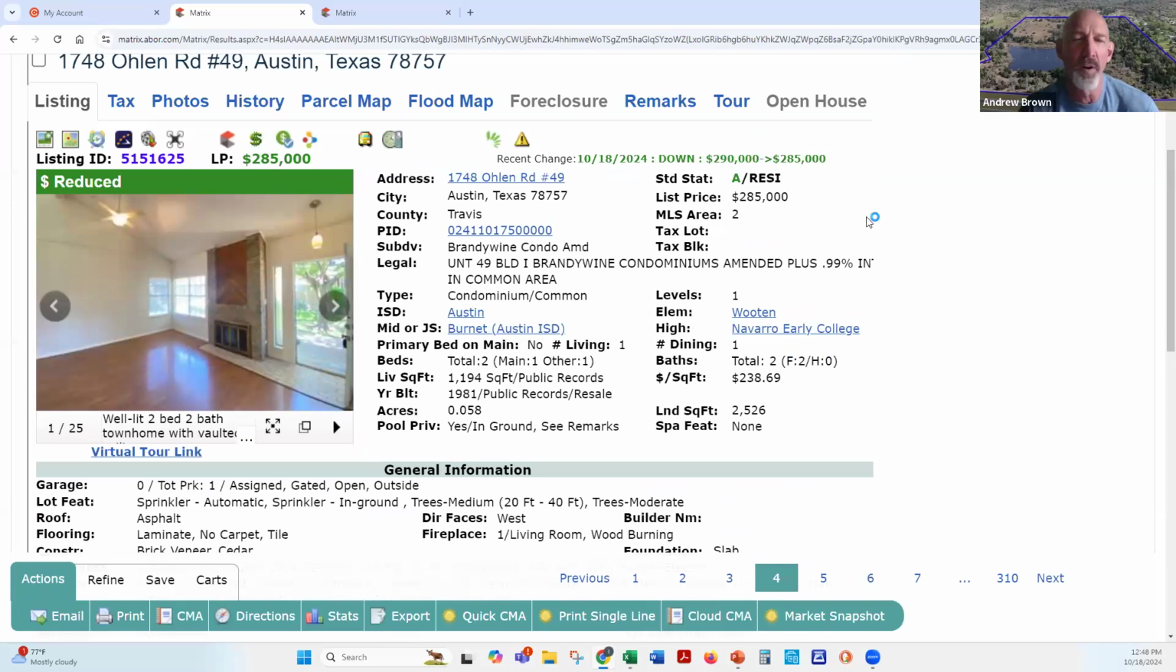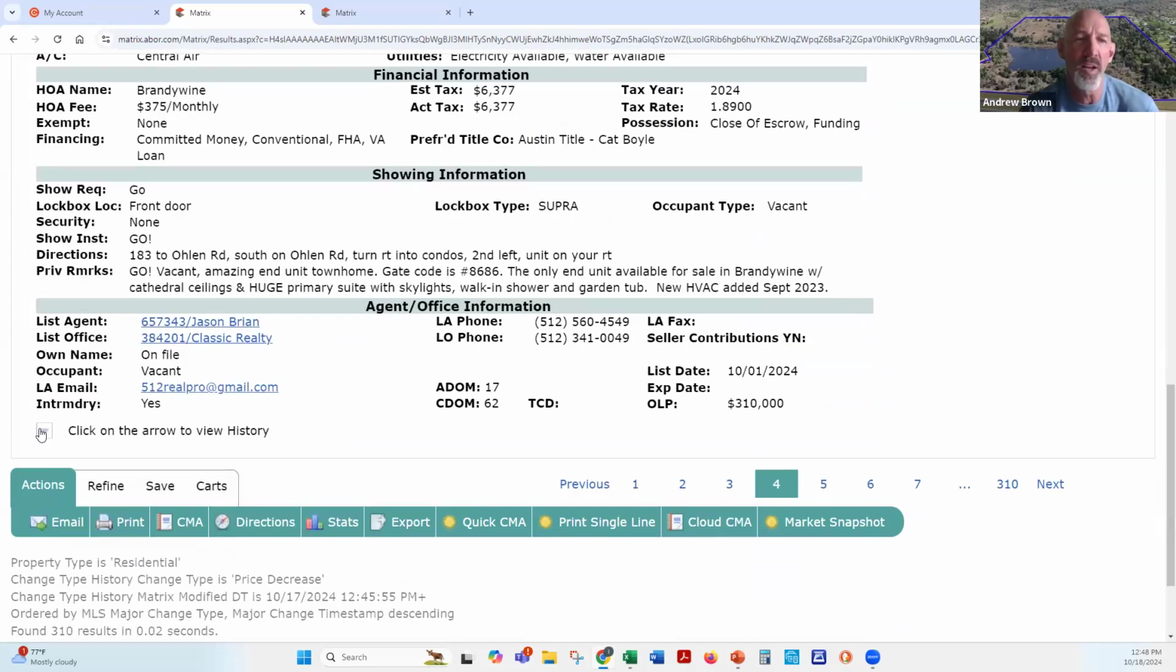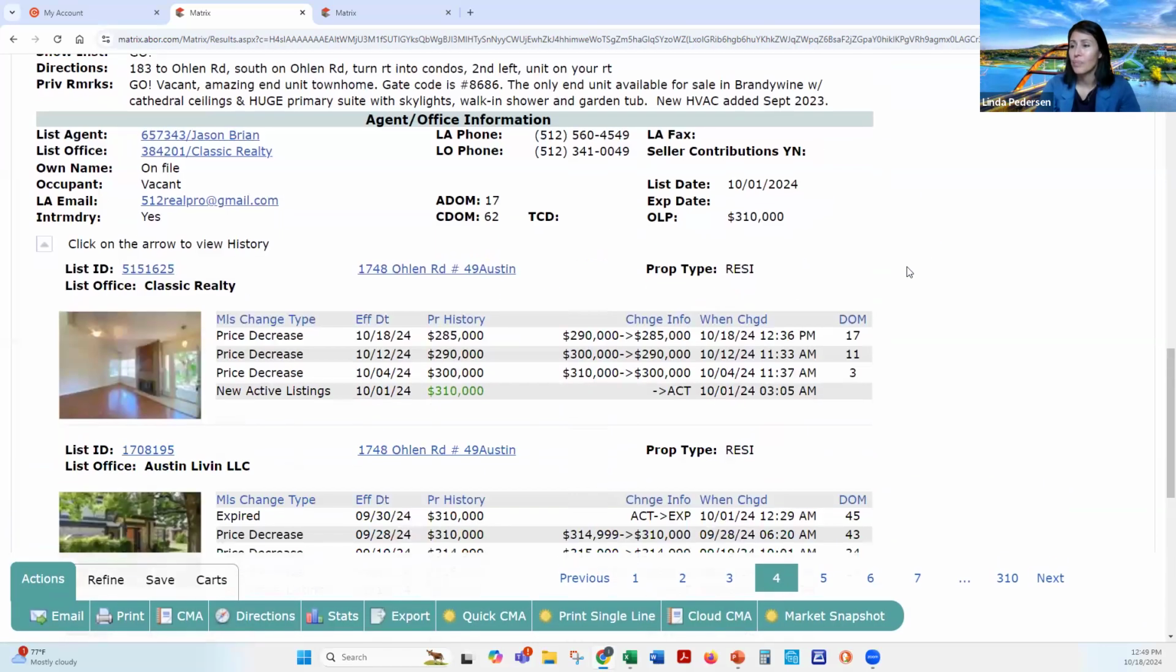That is a very small drop. That's an agent trying to get people's attention, not necessarily lowering it enough that it'll make much of a difference. Oh yeah, we've seen realtors play games. We've seen them reduce it by a dollar, $500, or a penny a day consistently. So they started at 310 and have slowly reduced it